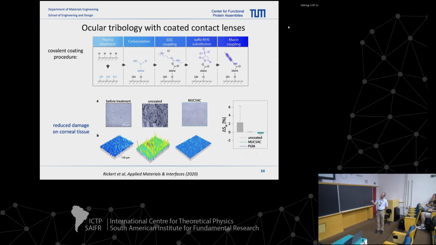I just want to show you that with an untreated tissue, if you just rub a contact lens across it, you get this increase in surface roughness, which is really not nice. However, if you have this mucin coating on the contact lens and do the same experiment, then it looks again identical as before the experiment. So no surface damage whatsoever, and that's exactly what we want. So there's hope for those of you who want to wear contact lenses, but at the moment cannot. So if this company at some point creates a product out of that, then you might be able to wear